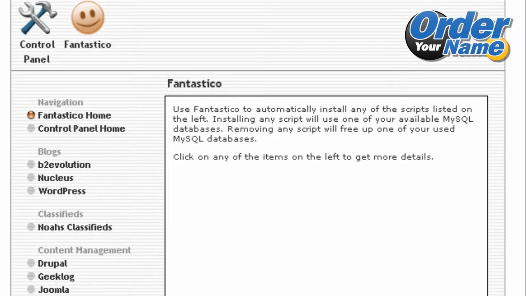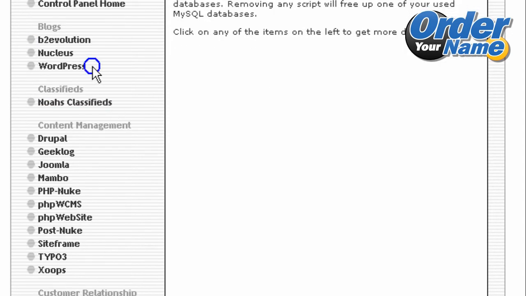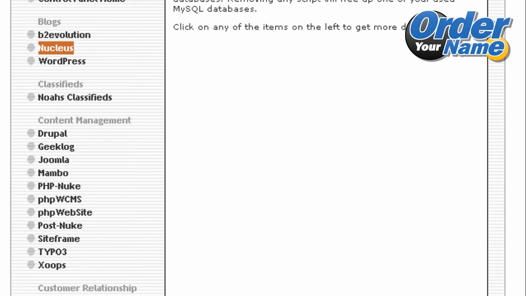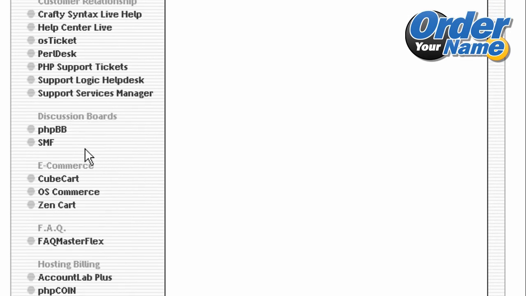So using your Fantastico account, you'll be able to access and install a lot of free or open source scripts such as WordPress and other blog platforms like B2 Evolution or Nucleus. And you'll also be able to install several forums, for example, SMF forum or PHPBB forum. And if you plan to sell products online,